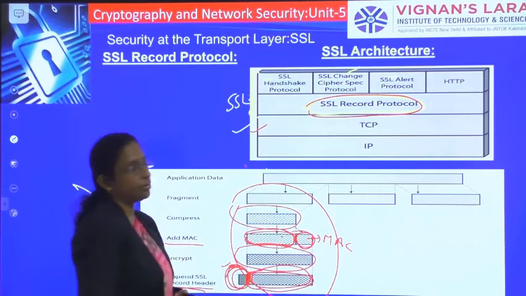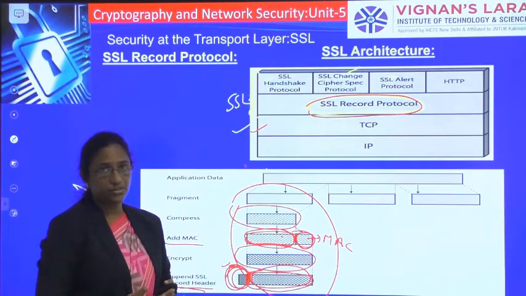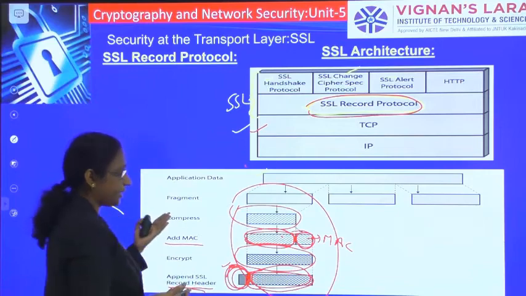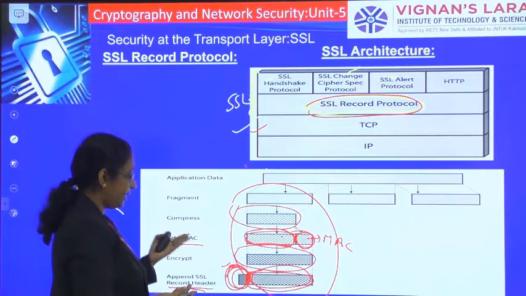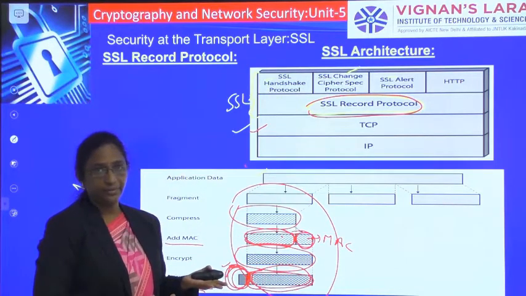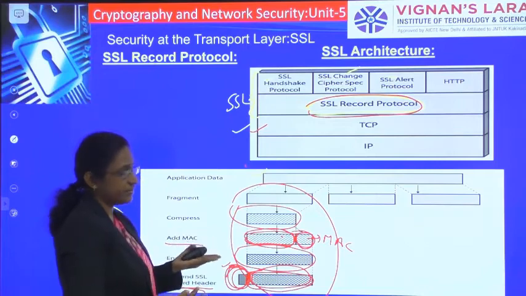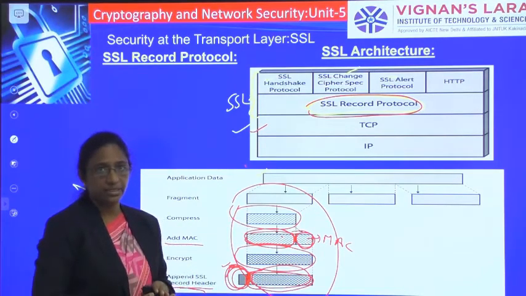This record protocol provides two services: encryption, or we can say confidentiality, and message integrity.